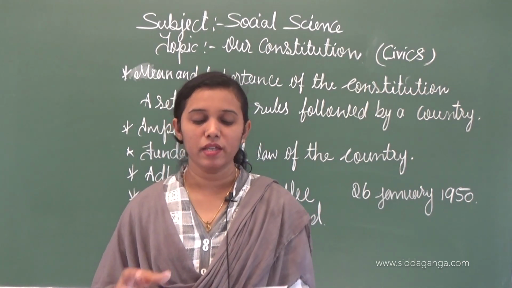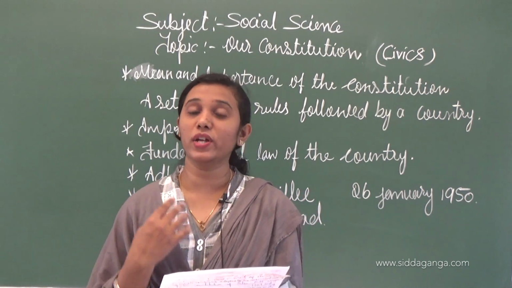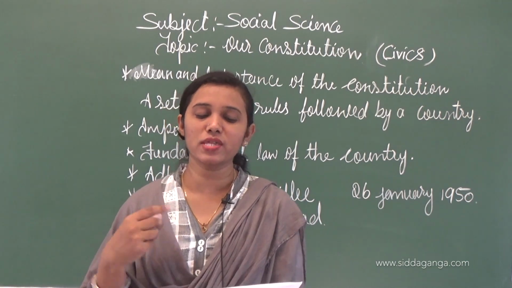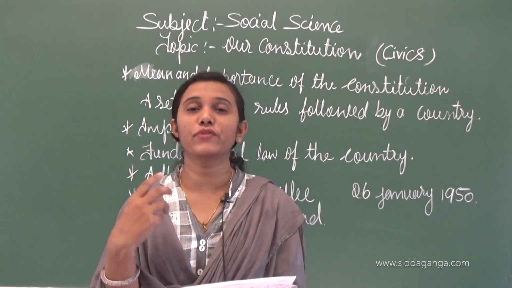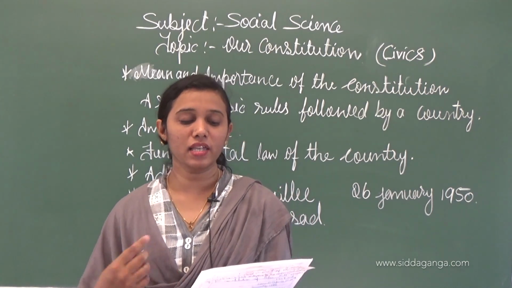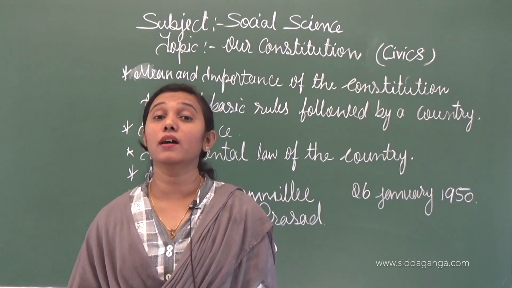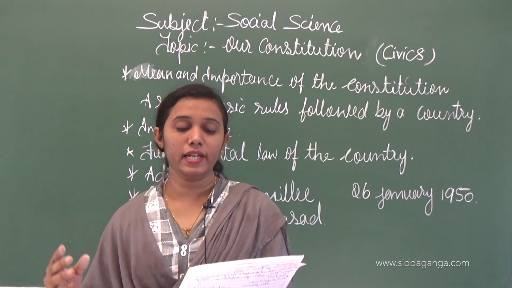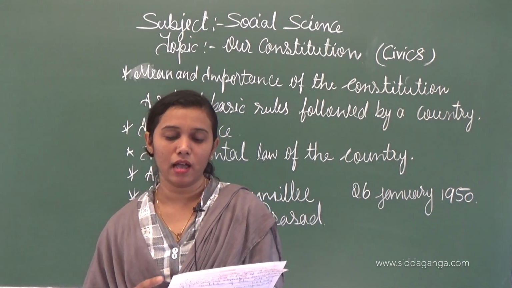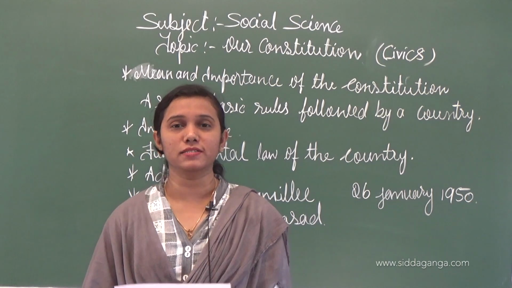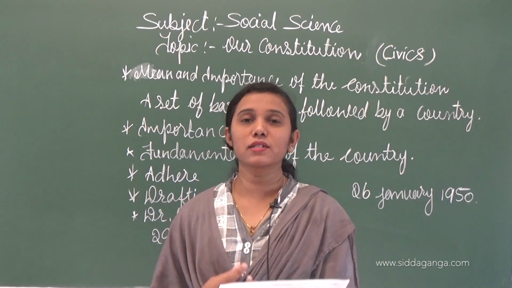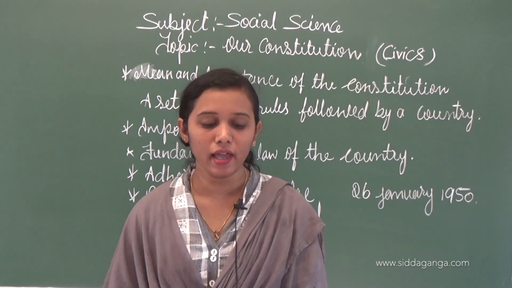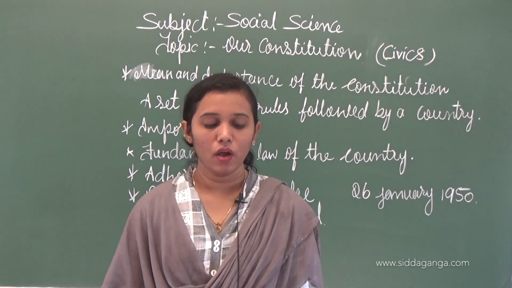Next we see here, the Constitution was drafted by the Constituent Assembly, which was elected by members of the provincial assemblies. The 389-member assembly was reduced to 299 after the partition of India. Understood? It took almost 3 years to draft the Constitution, holding 11 sessions over a 165-day period.